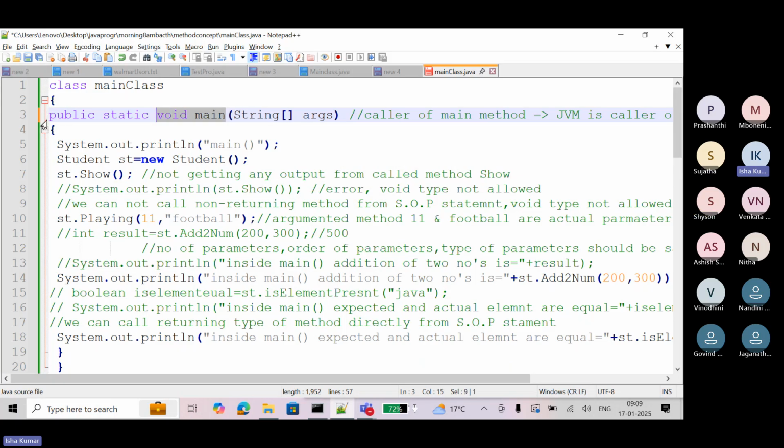Now someone in an interview, with at least 3-4 years of experience, used to ask, can you please explain the main method of Java? So main is a method name, void is a keyword, means it's a non-returning type. It does not return anything to JVM. Static: at the time of loading the class, when JVM starts loading the class, this main will get loaded first, and public means it can be accessed from anywhere. Right?